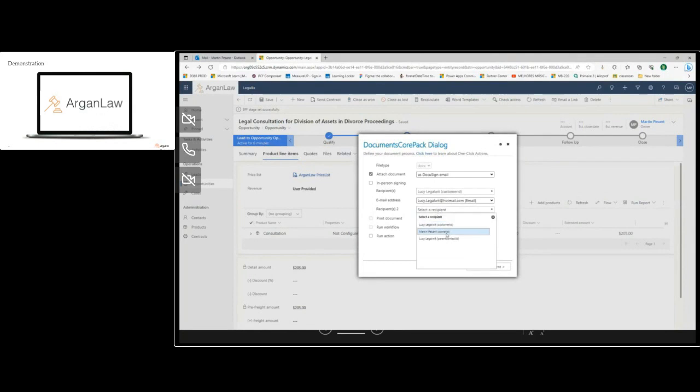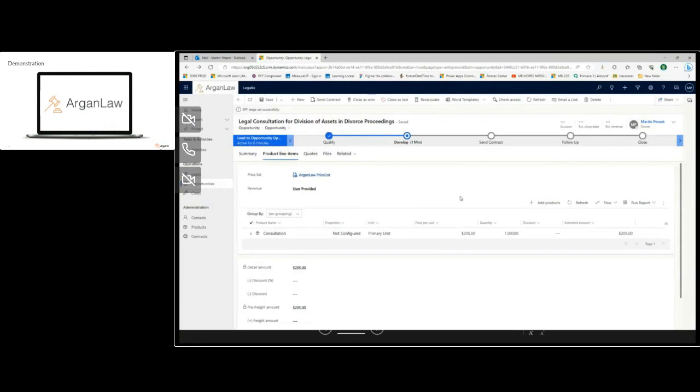the client. Here I'm just checking the persons that are allowed to sign the contract. So in this case, I want the client to sign first and I'll sign second. It doesn't matter, we could have 1, 2, 3, 4 persons signing. And so I stay inside D365, and my document is generated and sent to DocuSign for e-signature, and DocuSign sends it to the client.